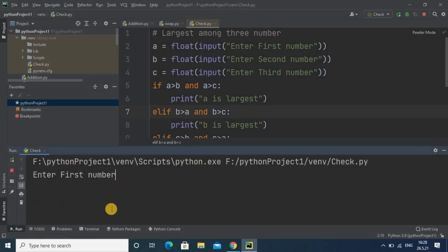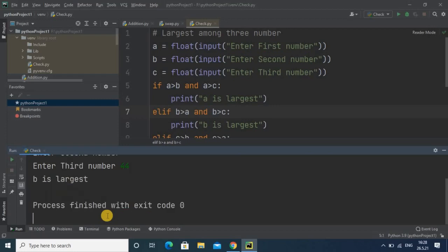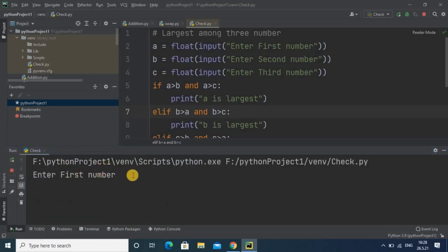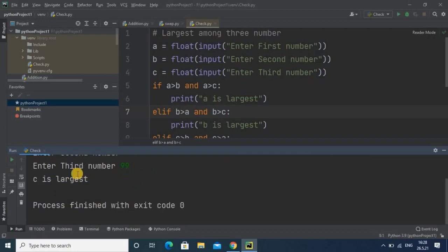Then I do testing for B: I am putting the largest value in B this time. So here the message will be B is largest. Then in the next attempt I am making C largest. So here C is largest.